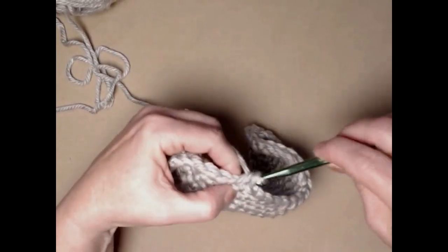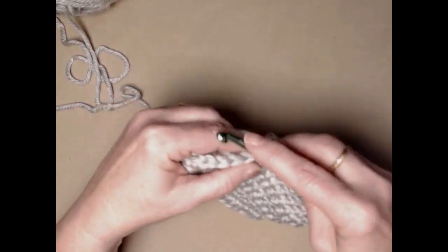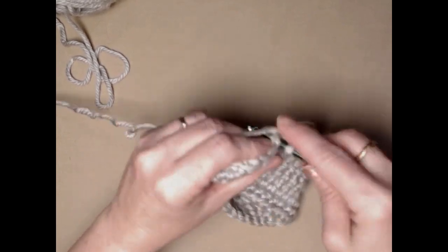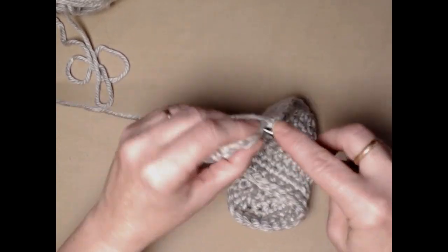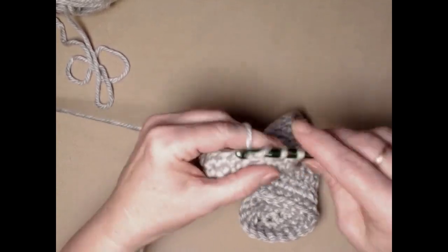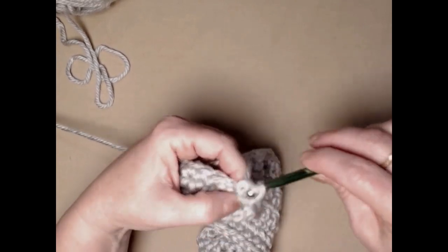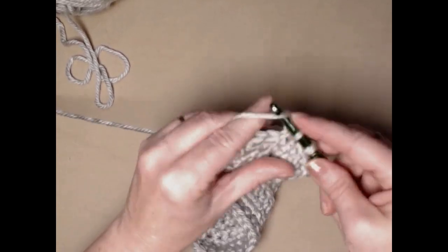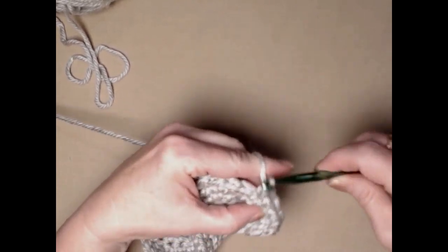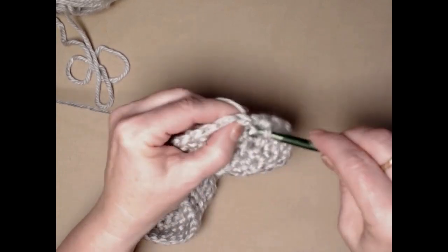All right, so I'm going to go ahead and stitch 2 more rounds of single crochets for the next 2 rows, this row and the next. And when we get to the end of row 7, we're going to join, but we're not going to chain 1 because we're going to be changing to our pretty pink peony color. So for 2 more rows, row 6 and row 7, we're going to place 1 single crochet in each single crochet around